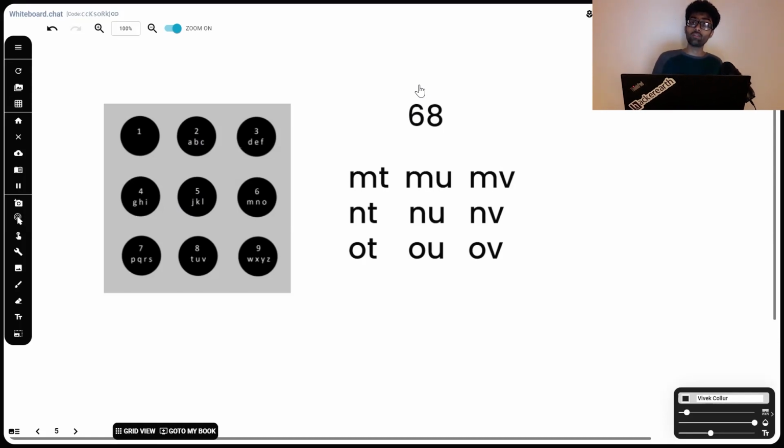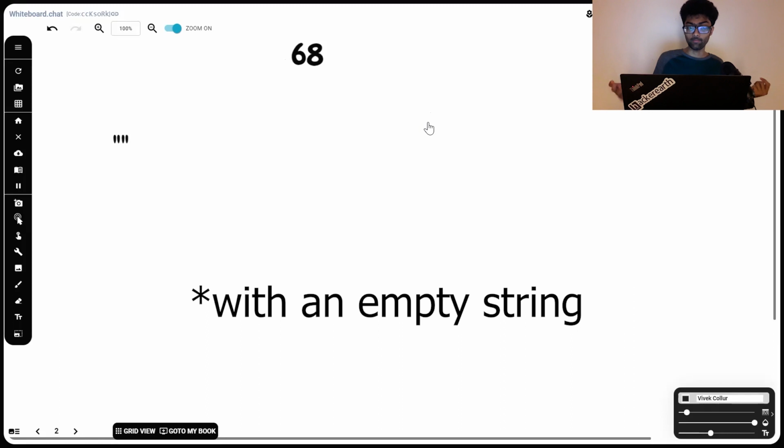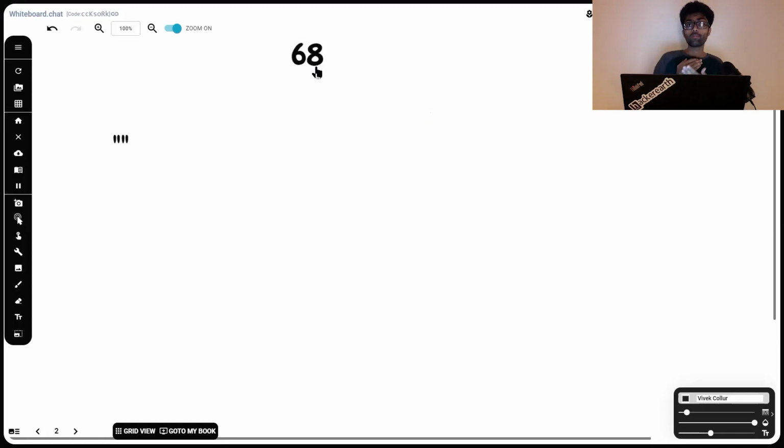Now, previously we solved this using recursive function calls, but there's a really interesting alternate approach to solve it. What we're going to do is initially we're going to have a list, or an array, which is empty. Now we're going to run a for loop from 0 till the length of our input string, which in this case is 2. So initially our for loop index i is 0, naturally. As long as the length of the string inside our list is equal to i, we're going to continue. So right here we can see there's an empty string inside, its length is 0, and our i is 0 as well, since it's our first iteration.